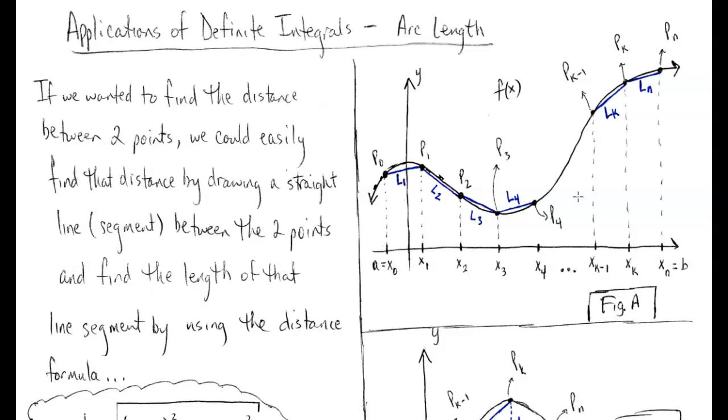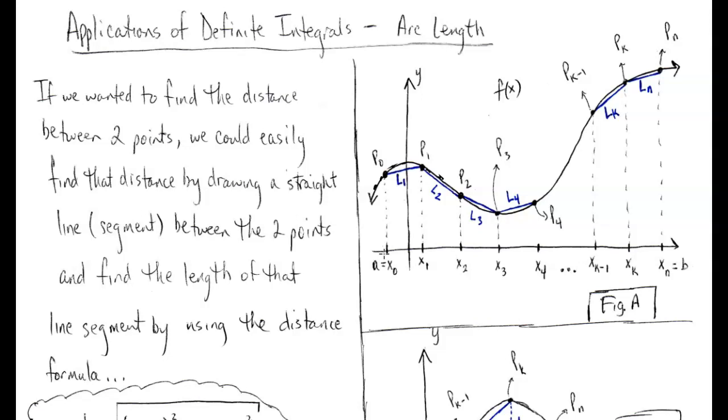Now, I'm actually going to talk you through it and show you how we end up with the final result. I won't take too long to do it, but I feel like you do need to at least understand how we arrive at this formula before we start using it. So if we wanted to estimate the length of the path of, let's say, this particle traveling on f of x from x equals a to x equals b,